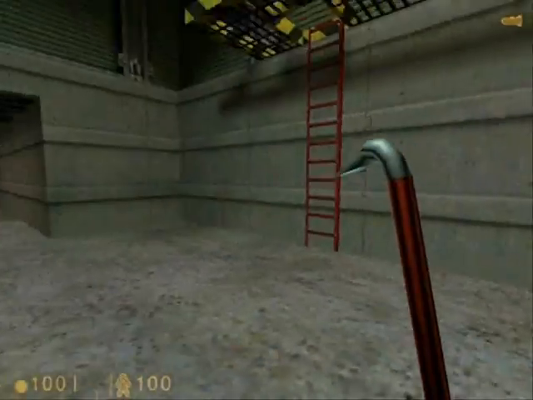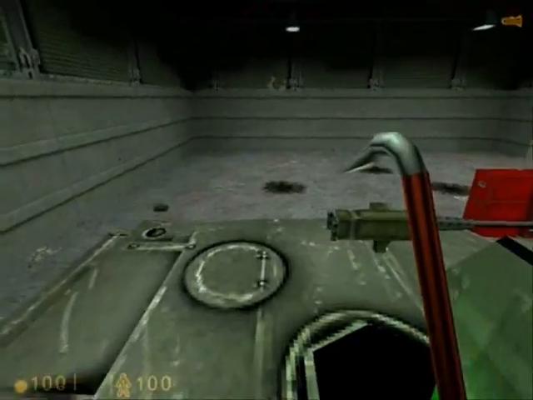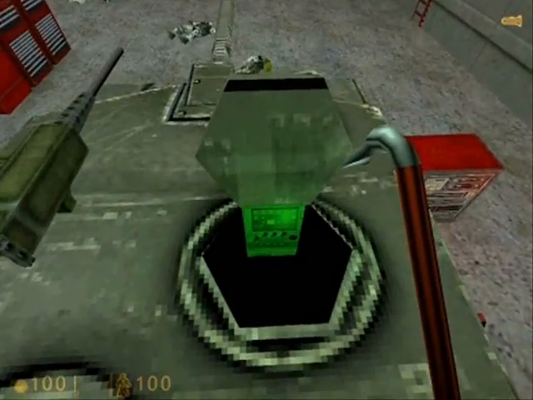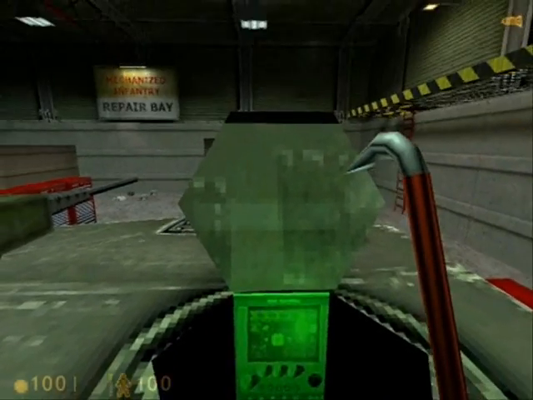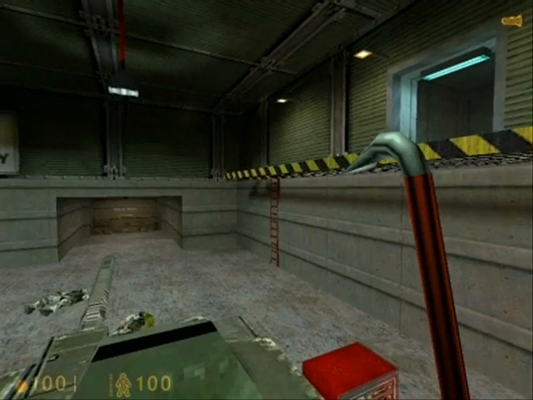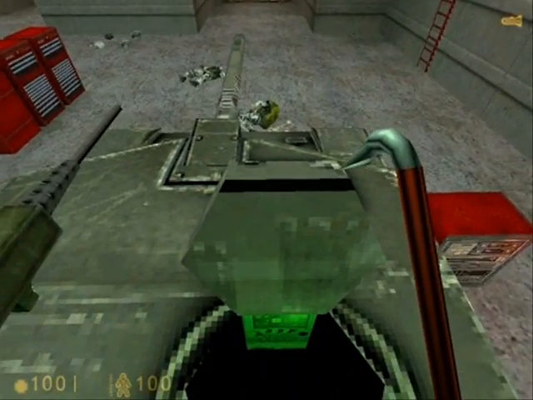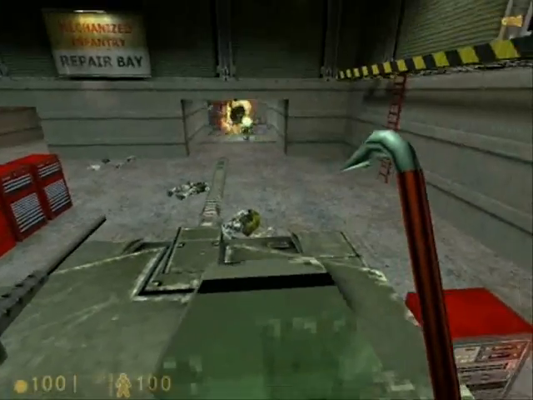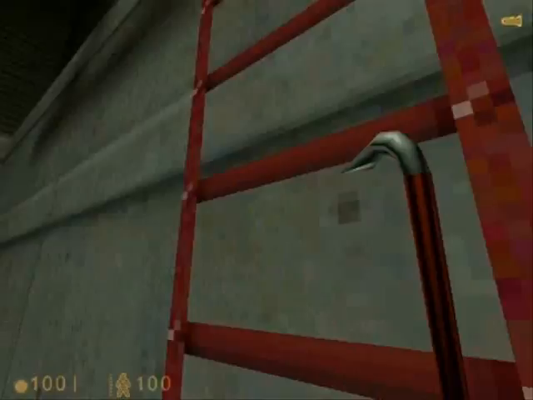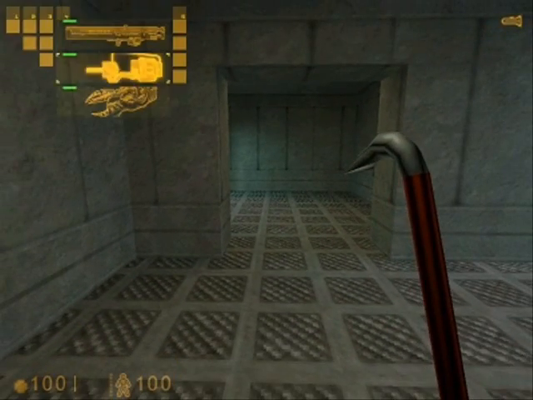Alright, and guess what? We get to use a tank turret. Yes, indeed. Sit behind these controls and use them to blow open the door, but keep in mind that ladder over there. We're going to be rushing towards it. Run to the ladder, there are lots and lots of aliens. And no, you cannot use the turret to kill the